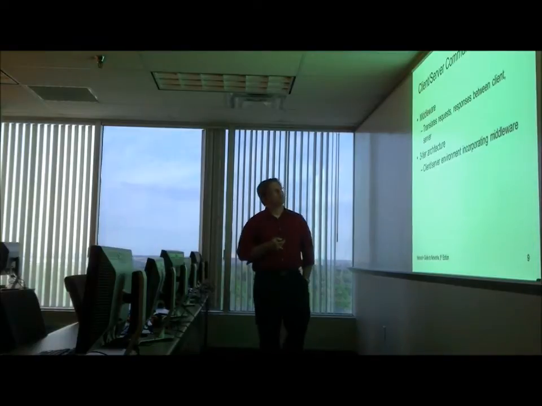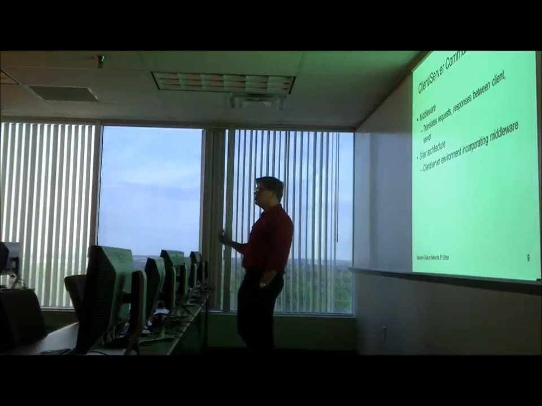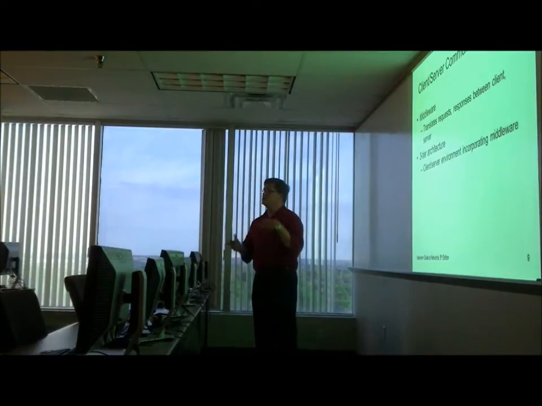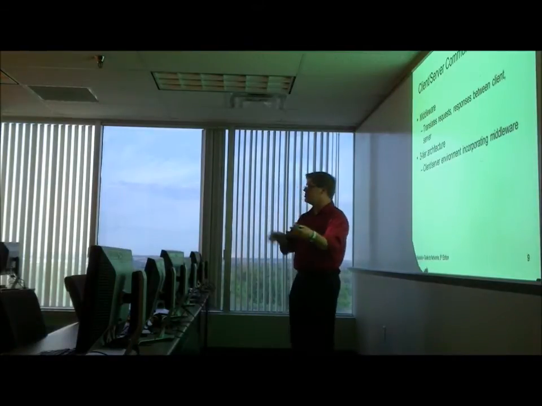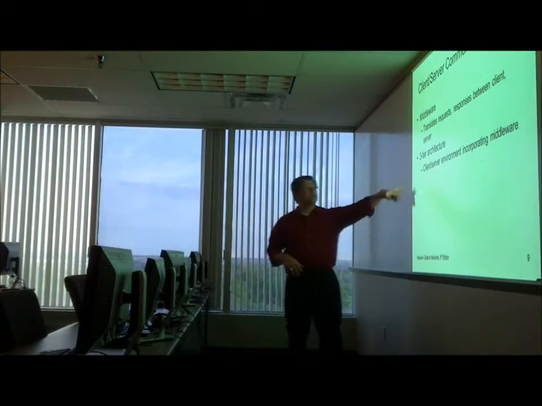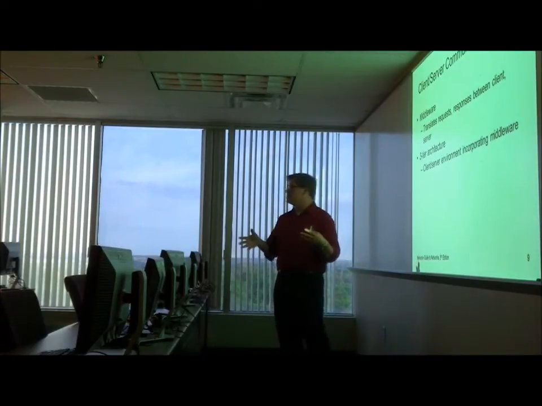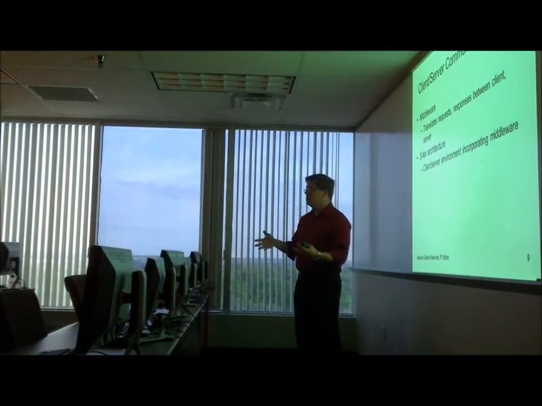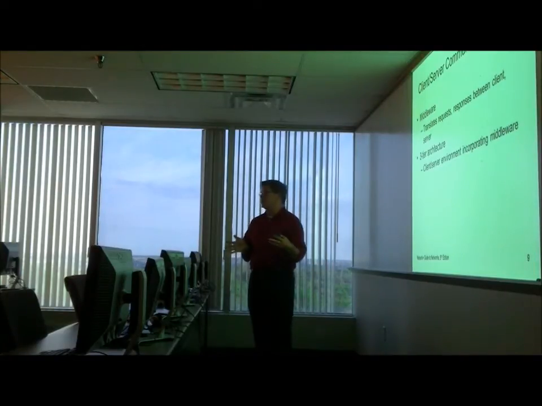With middleware used, you jump into a three-tier environment. Client server is just a two-tier environment. What do we mean when we say client server in this sense? We're talking about being able to shift some of the processing away from the server down to the client and share the processing needs between the client and the server. In a three-tier architecture, we're splitting that load amongst three different tiers: the client, the server, and the middleware. We can have multiple servers, and so sometimes you'll hear the term n-tier architectures thrown around. They're talking about additional tiers to that architecture. And it's a way of distributing the workload for whatever application you happen to be doing.